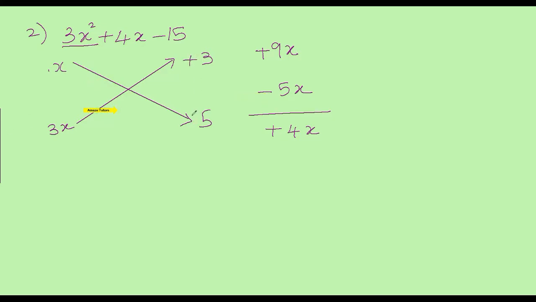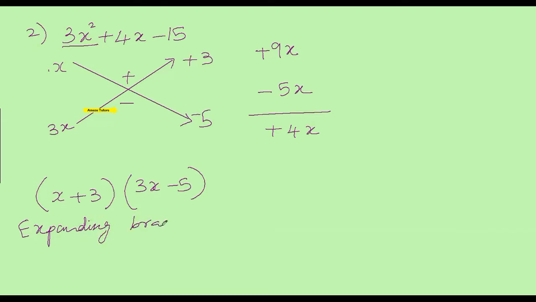Is it not that simple? Yeah. Plus goes here. And the two linear factors are x plus 3 and 3x minus 5. That's it. And I forgot to show you one thing in the first question. It is possible to check whether you have done it correctly, by expanding the brackets. You might have done that before. So when you expand the brackets and simplify, you will get the same question. Let's check this question for you.